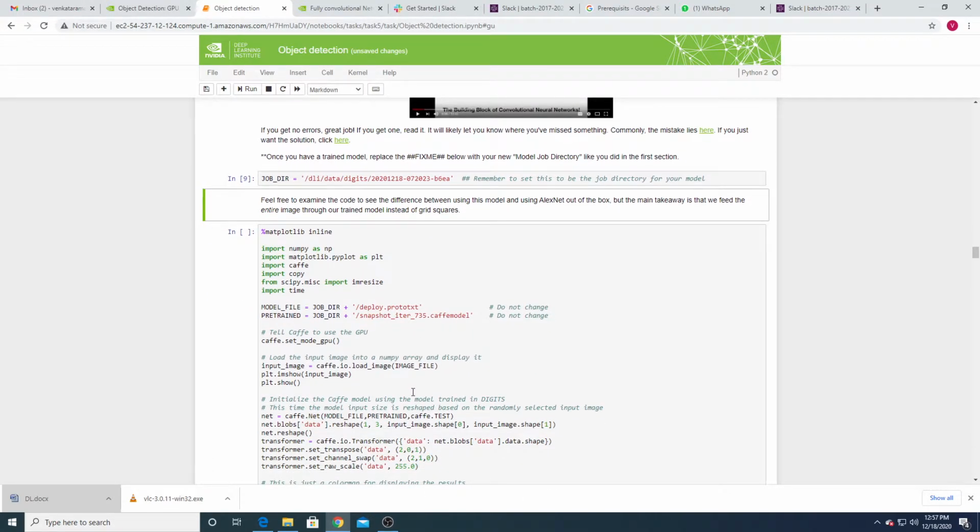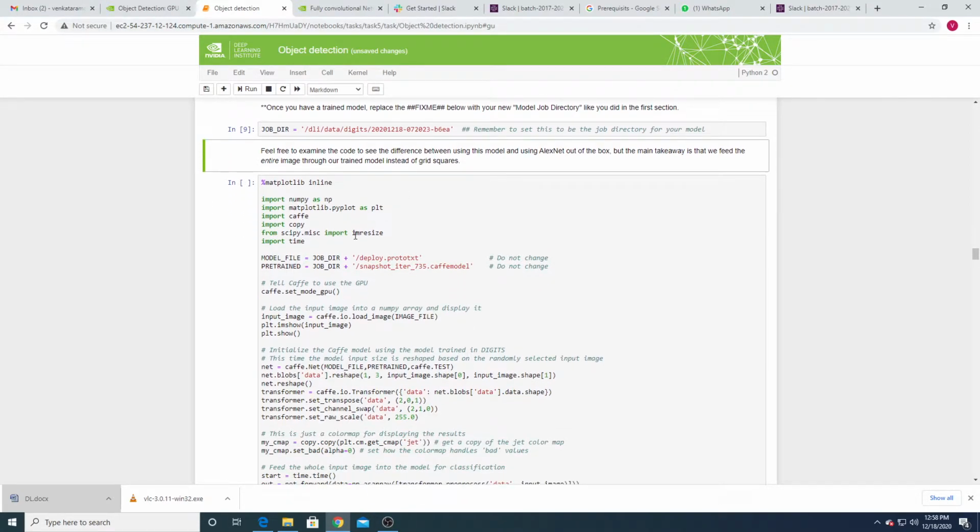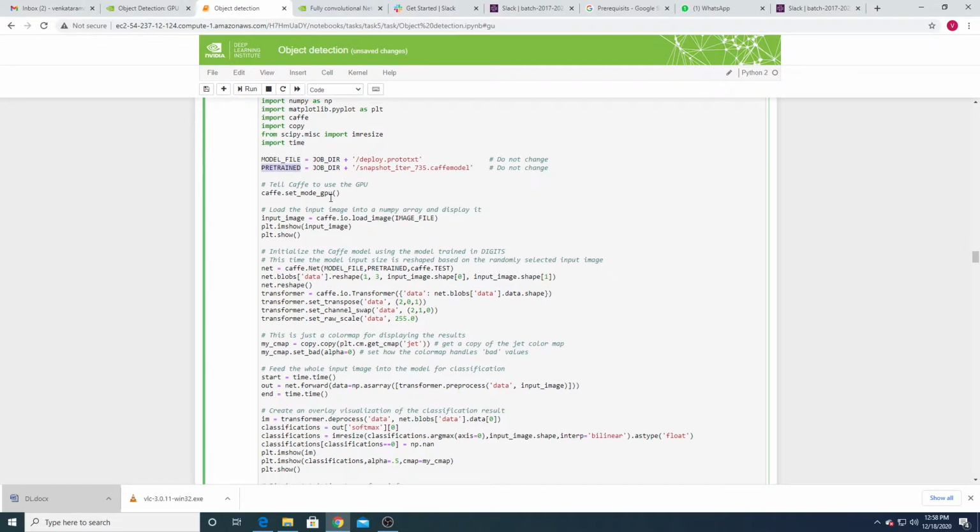And next, what to do? This is taking the model file from the job directory, taking the weights, enabling the GPU and taking the input image, right?